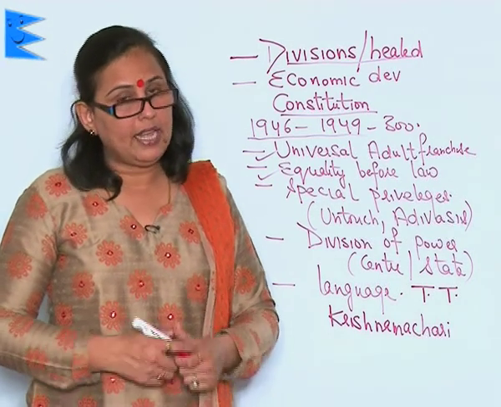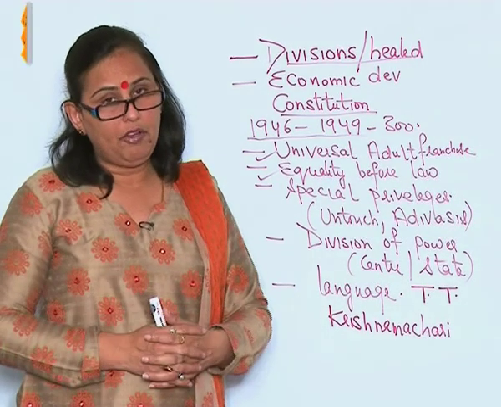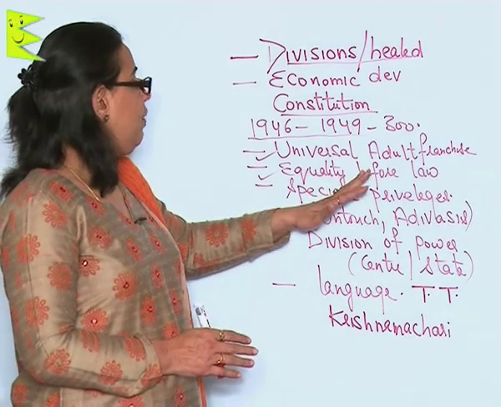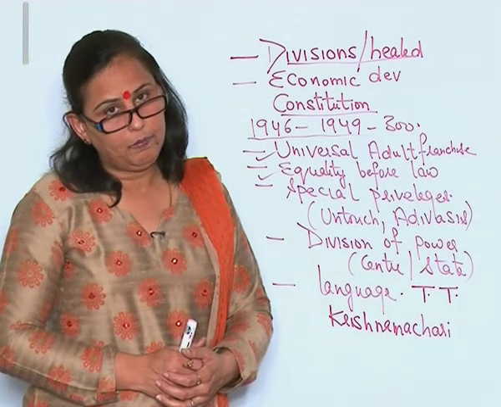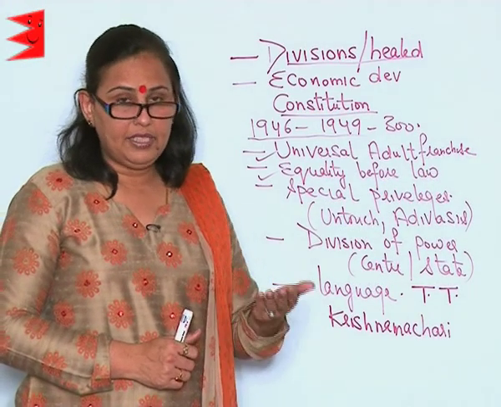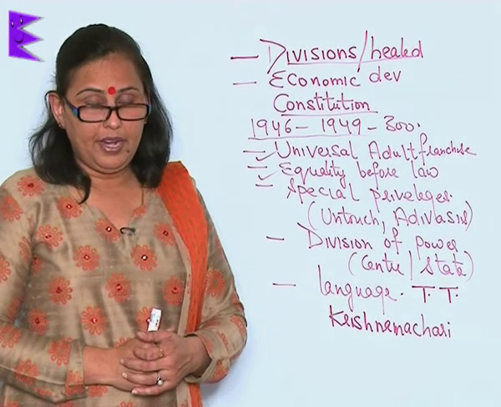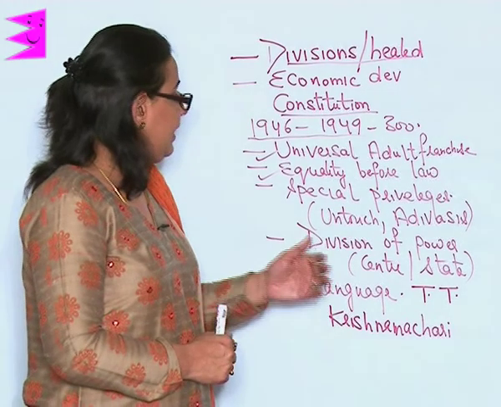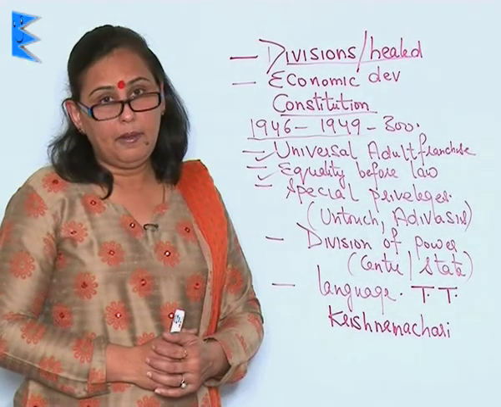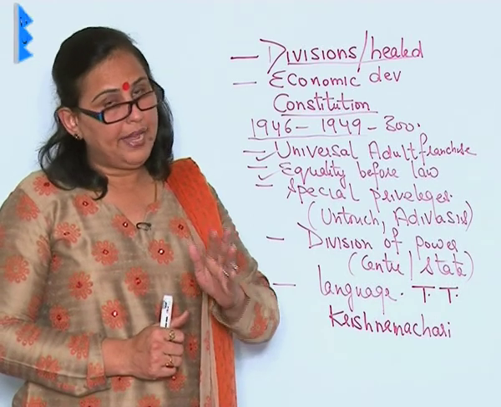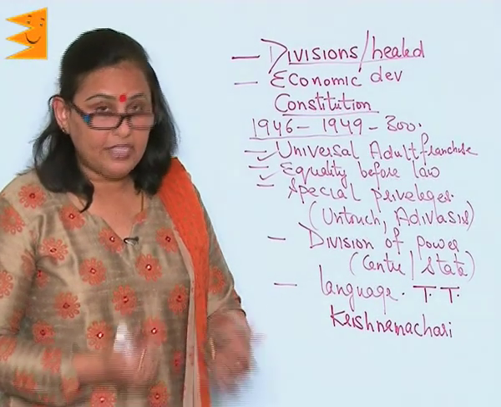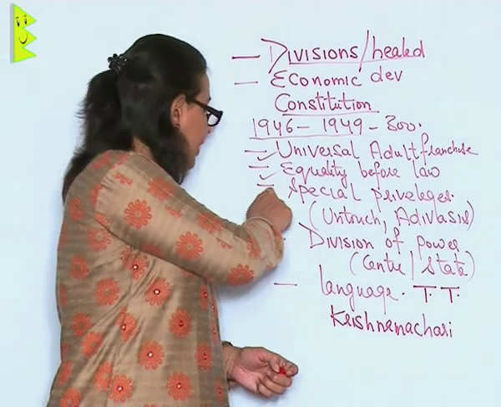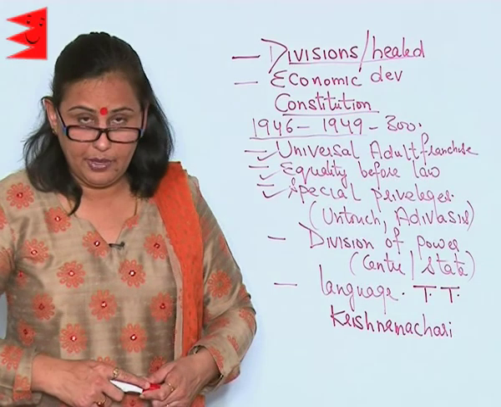Again, which means that all people irrespective of their belongings and their social hierarchy, they are equal in the eyes of law. All of us have the same punishments for any crime that we have committed, and the Constitution of India shall see that all of us get the best privileges and the best appointments and the best whatever it can give. The third feature of the Indian Constitution is, in spite of the fact that there is equality before